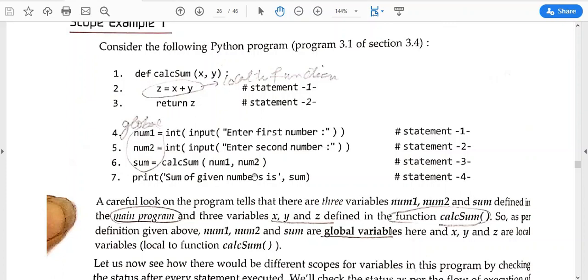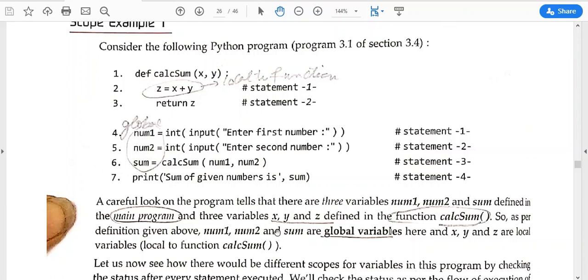It will not be executed. Why? Because it exists inside calcsum only, inside this function only. Outside it is not known to anyone. Like ticket 1 is not valid for any other monument, like ticket 2 was not valid for any other monument. So these are local variables. Like z is a local variable.